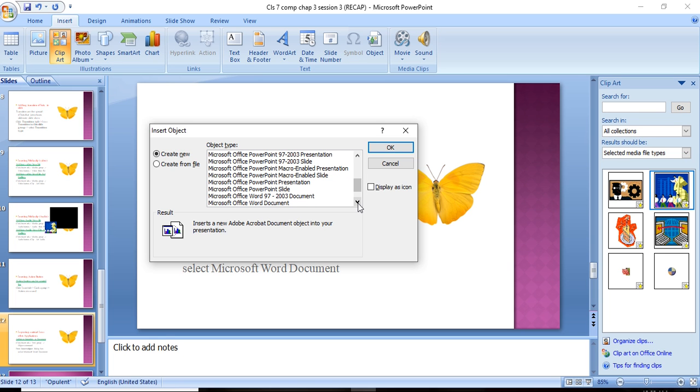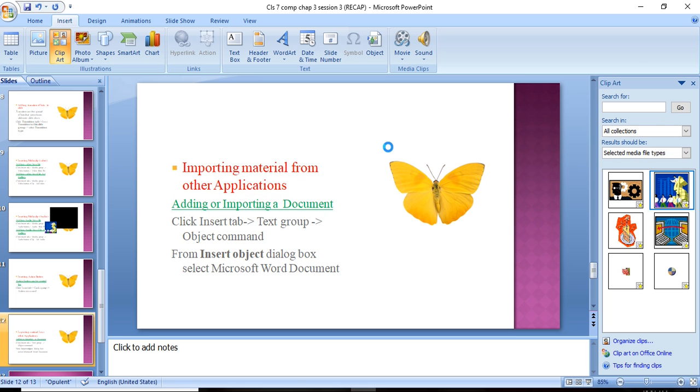You can insert PowerPoint also. So select the Microsoft Word document and click on the OK button.